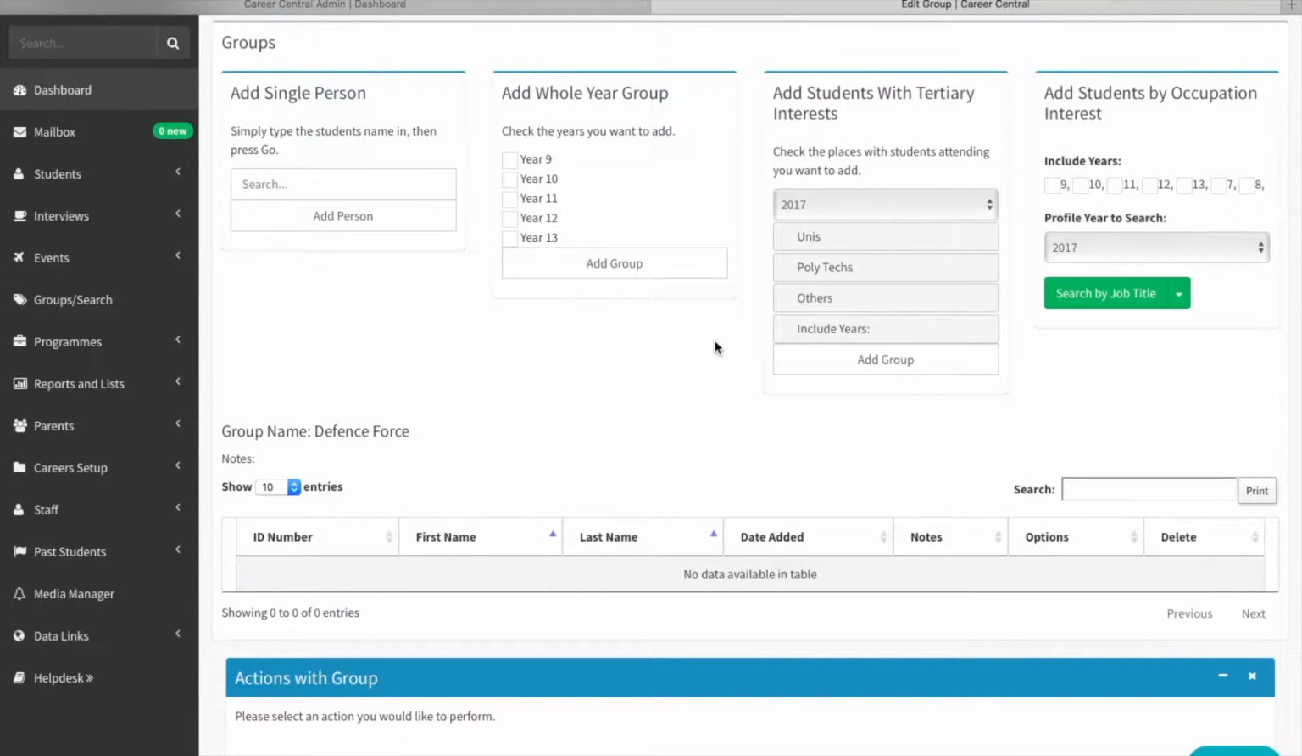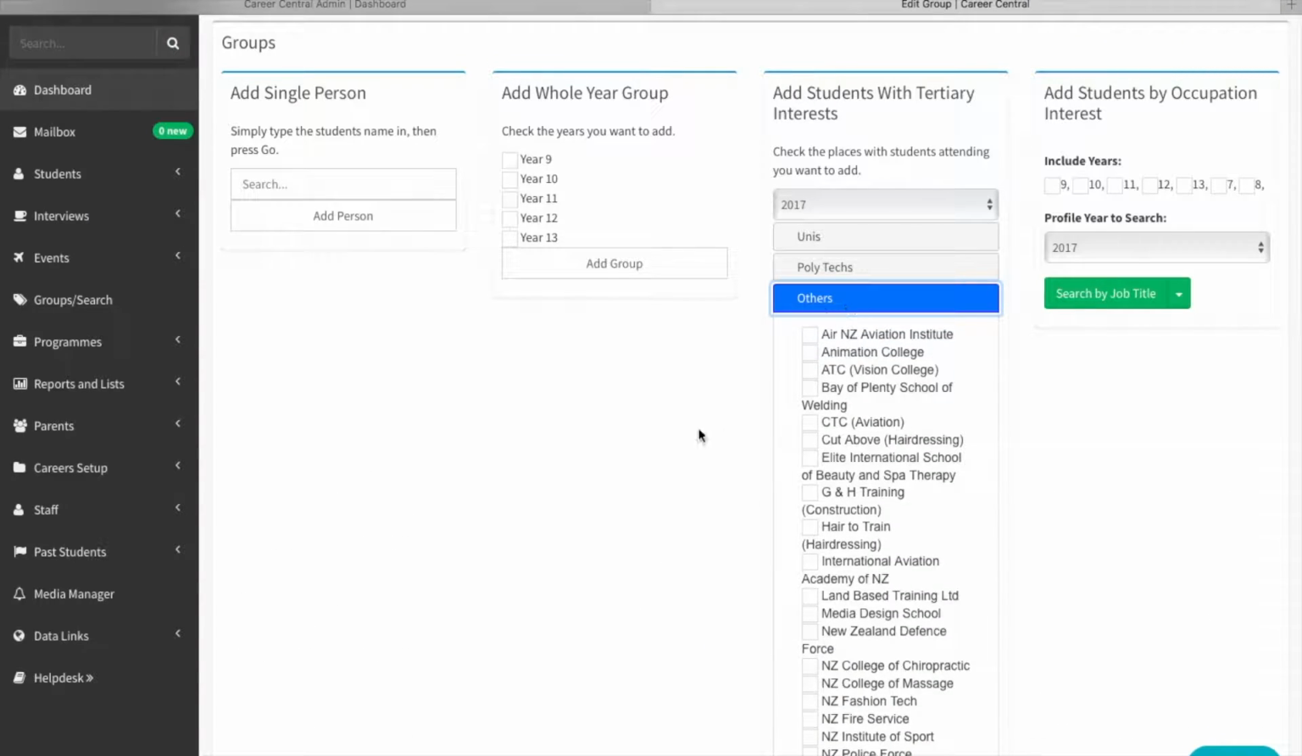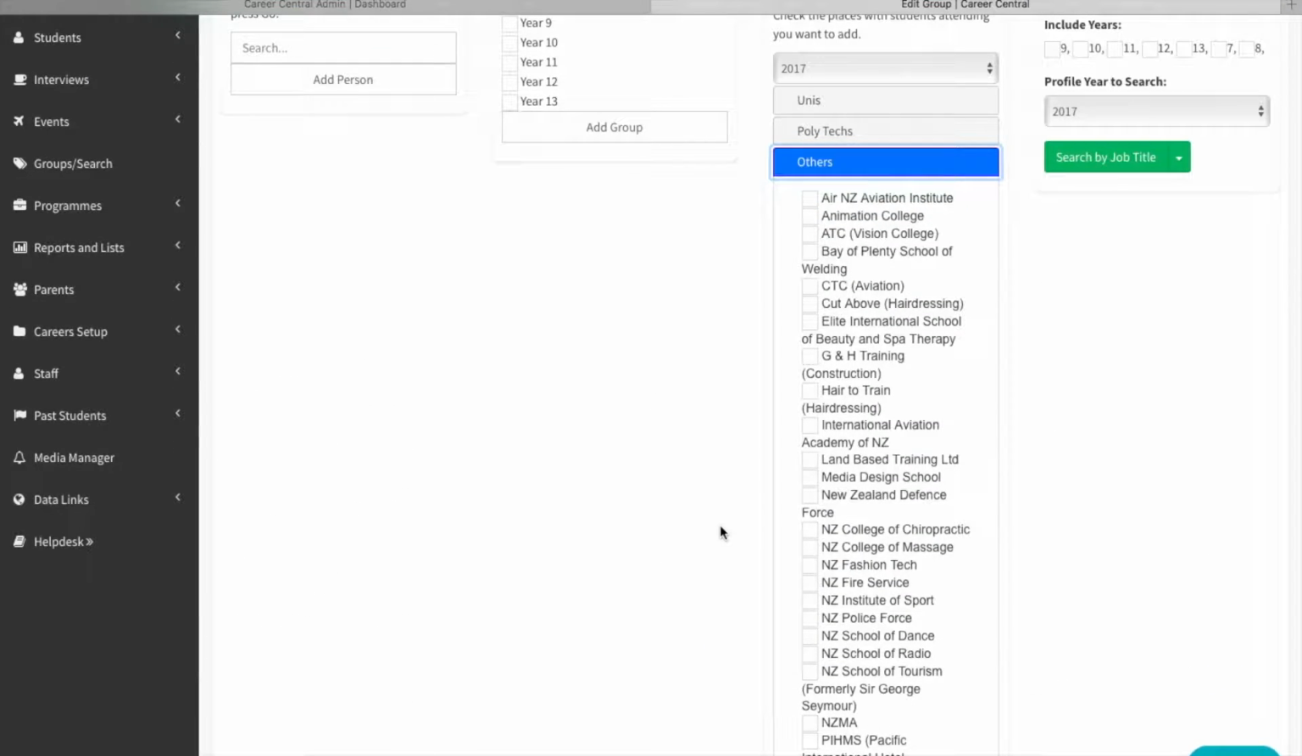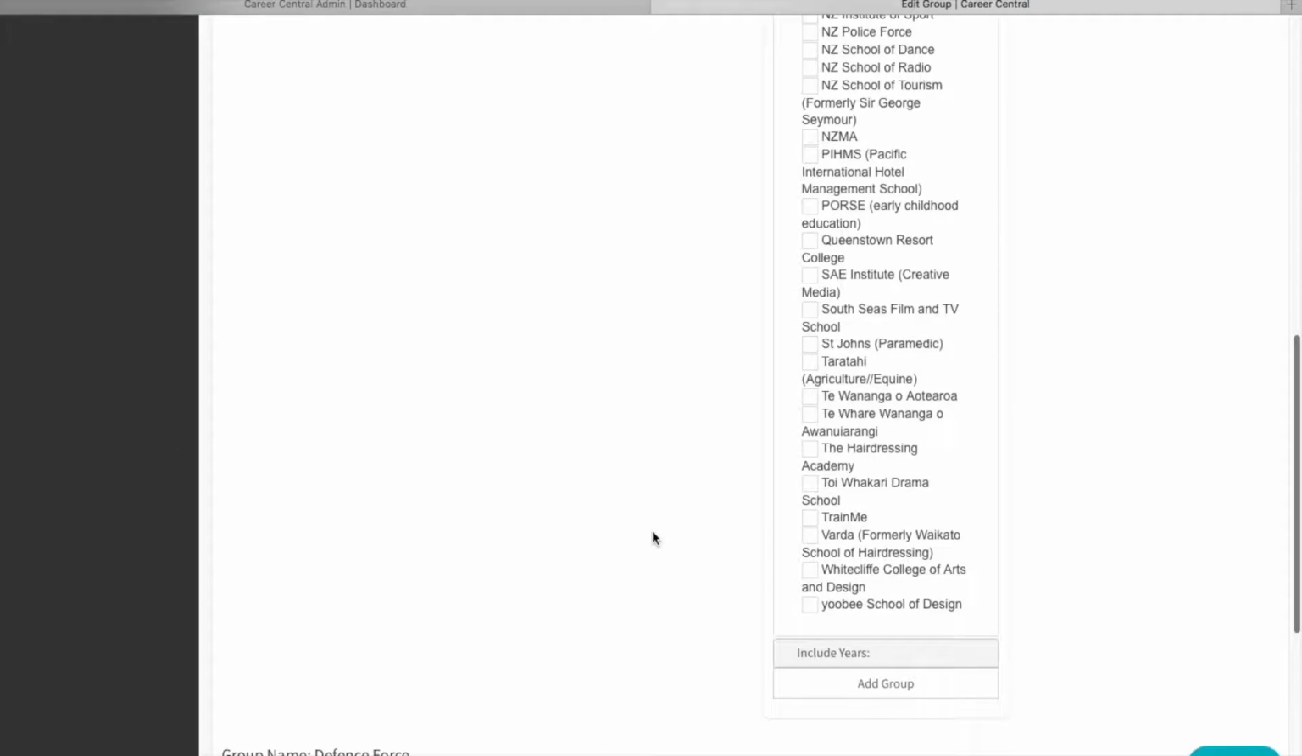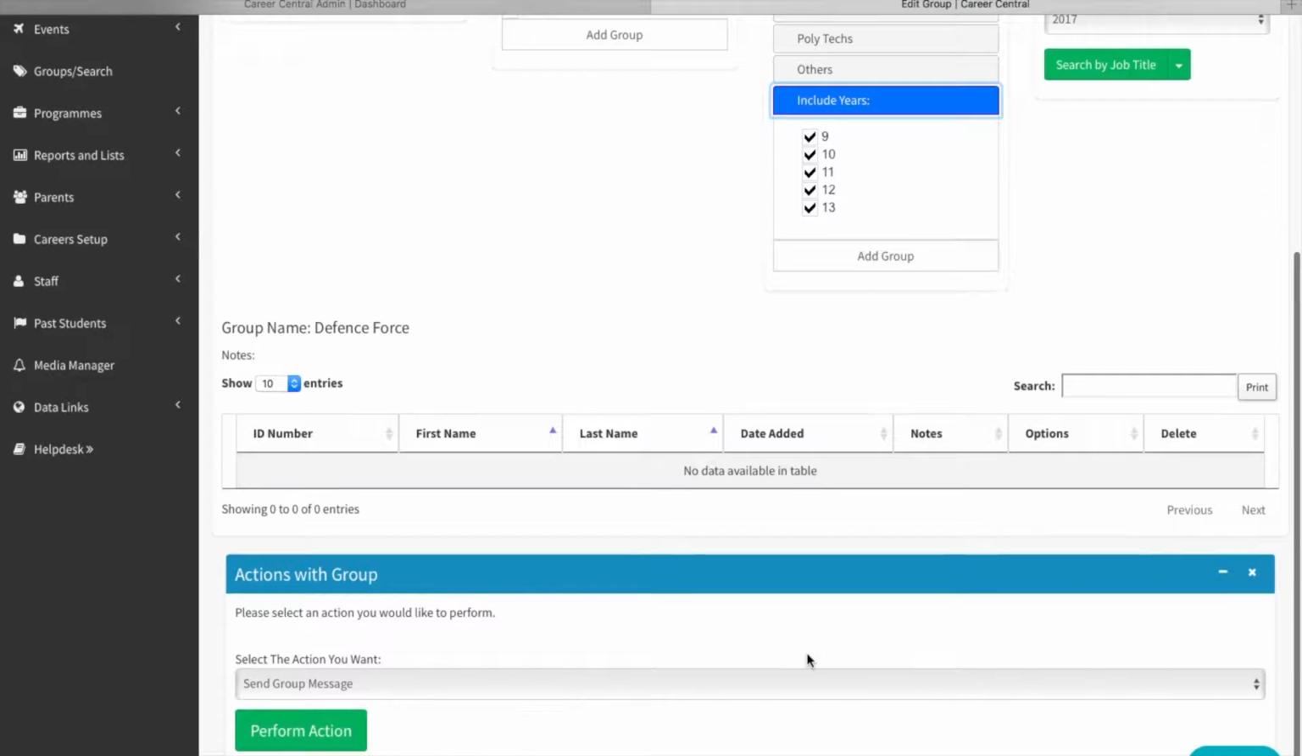So I'm going to create the group based on tertiary educational interest. We have universities, polytechs and other training providers, and the New Zealand Defence Force would come under an other training provider. So I'm going to tick the New Zealand Defence Force. I could narrow it down to only certain year levels, and perhaps I will take out the juniors and only search for the senior students. So when I click Add Group,